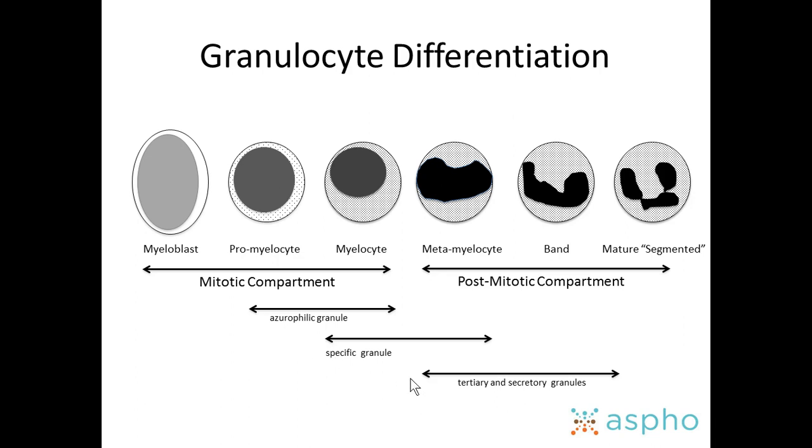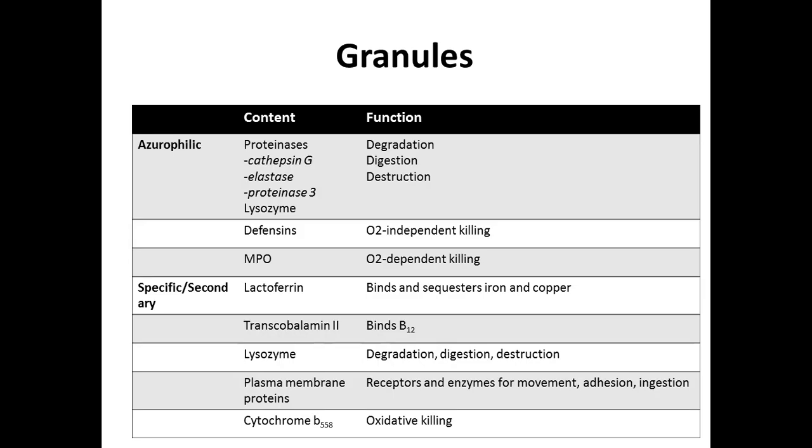So: eosinophilic, specific, tertiary, and secretory granules. By the end, they have all of these. It's just in what order do they acquire them. And I think because a neutrophil more or less has all the granules by the end, it's not super important to recognize the different functions of the different granules, except for when there is a granule deficiency, and we'll talk about that in a second.